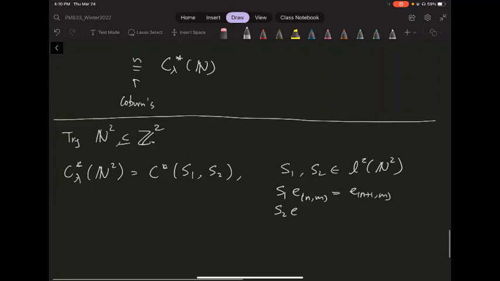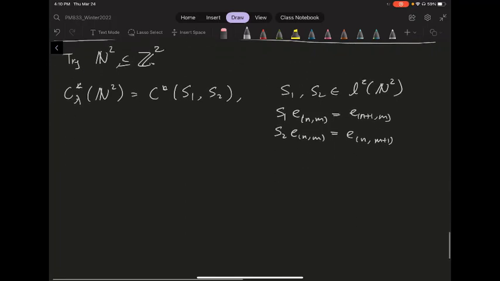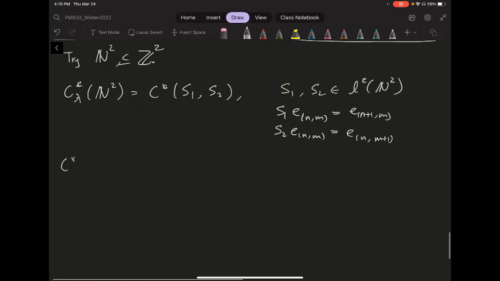And S2 of the NM is a shift in the second coordinate, N and N plus 1. So there's really no controversy on how you define the reduced one, that's fairly simple. And then you think about what's the universal one, and you're really tempted to do the same. You want to say that's the universal